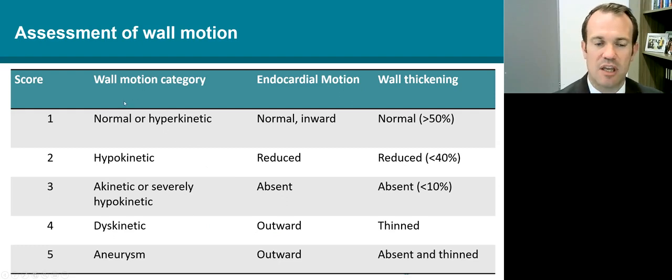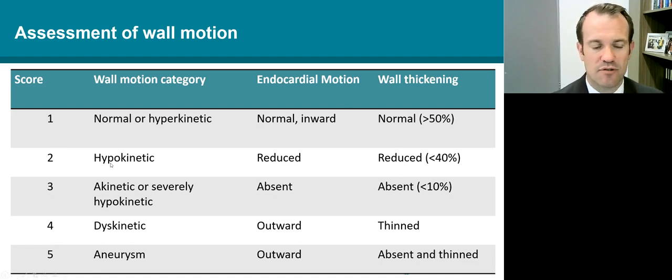And so if the wall is normal or hyperkinetic, either at rest or stress, we score that a 1. Normally we're also looking at the thickening of the wall. We want to look at both the motion and the thickening. For normal thickening, that's usually greater than 50% of the end diastolic thickening compared to the end systolic